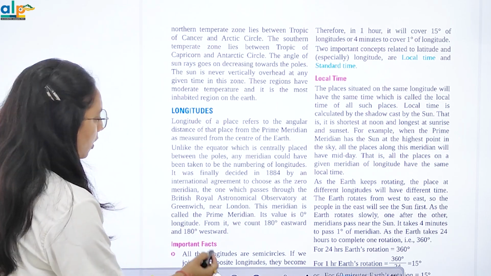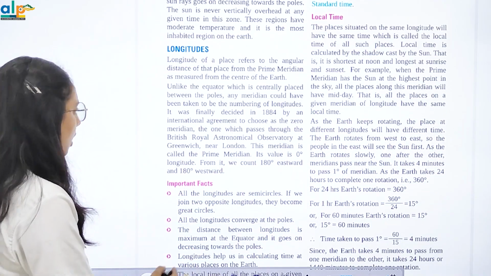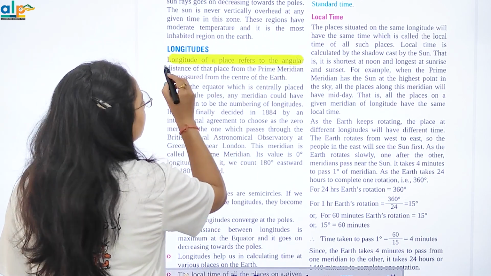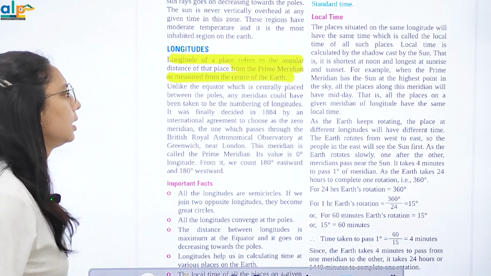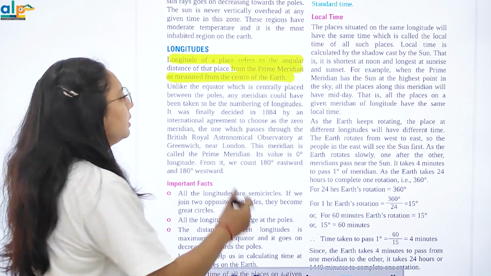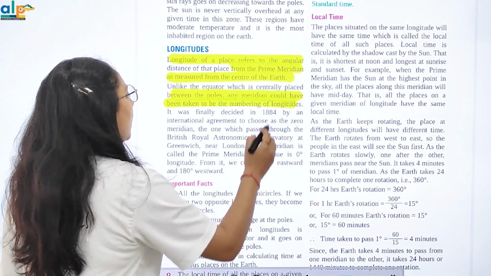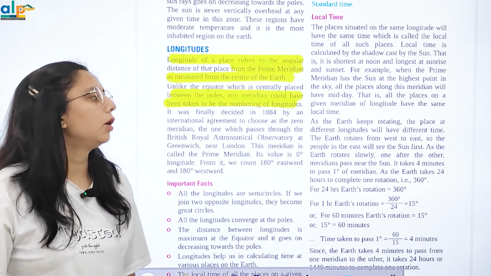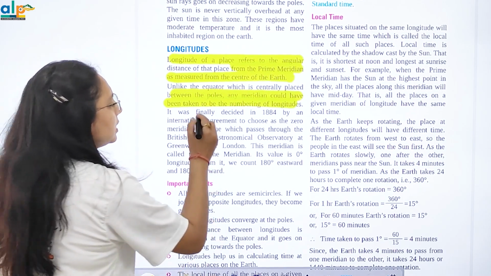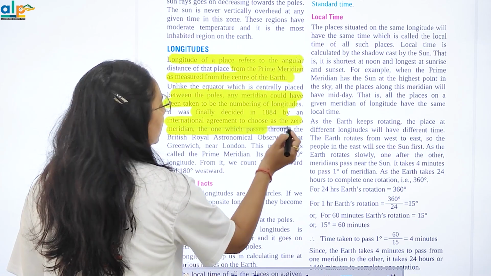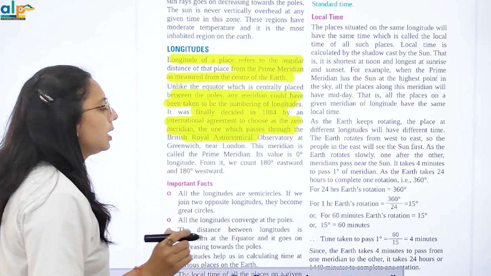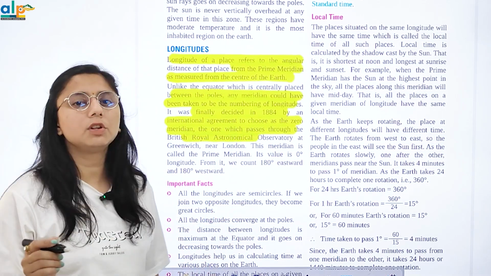Now if we talk about longitudes, the longitude of a place refers to the angular distance of that place from the prime meridian, and it is measured from the center of the earth. Unlike the equator, which is centrally placed between the poles, any meridian could have been taken as the numbering of longitude. Finally, it was decided in 1884 by international agreement to choose as zero meridian the one which passes through the British Royal Astronomical Observatory, Greenwich, near